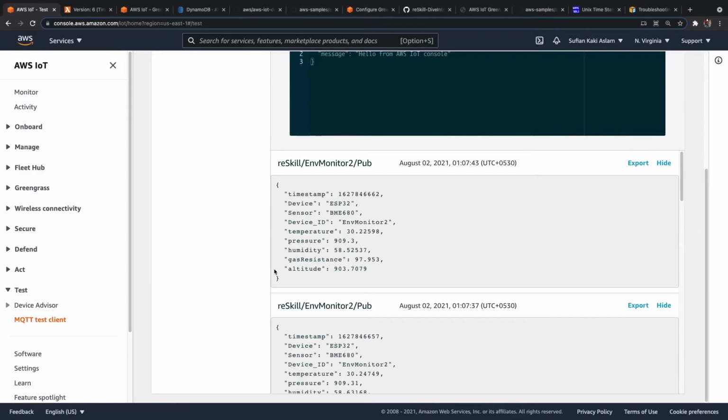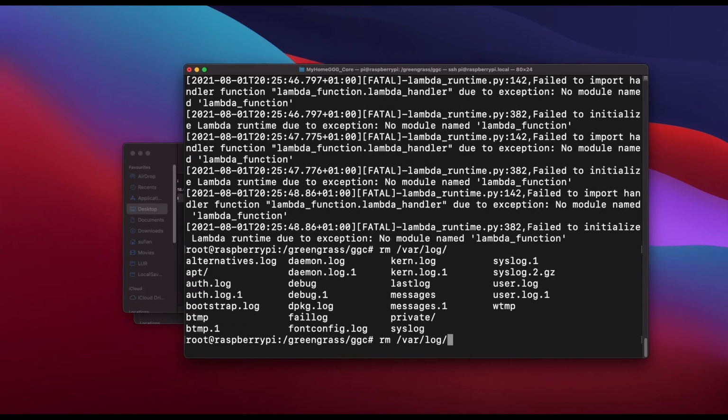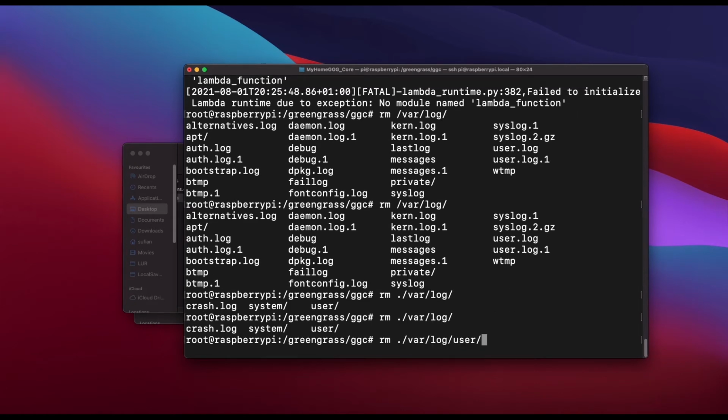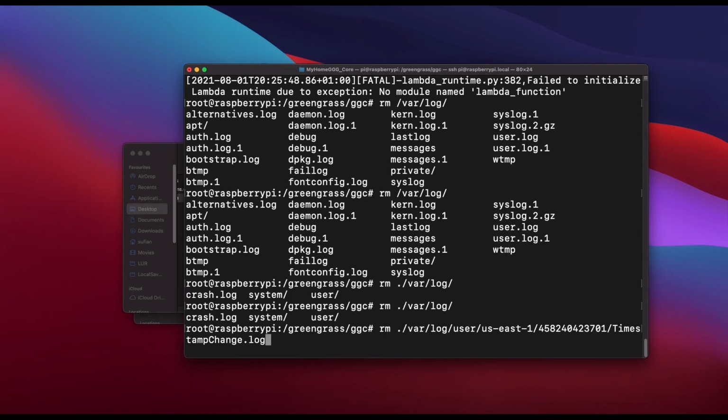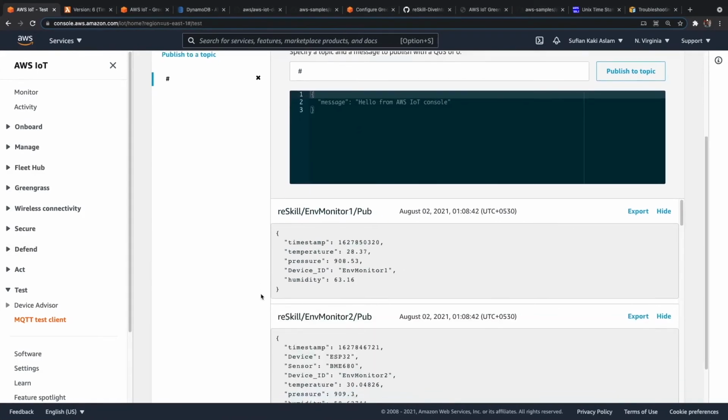Let me quickly reset my device. Okay, now you can see that.